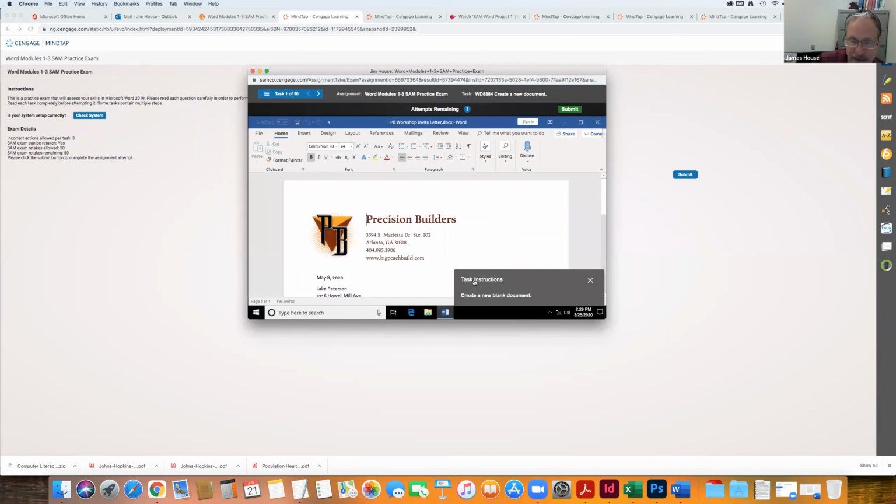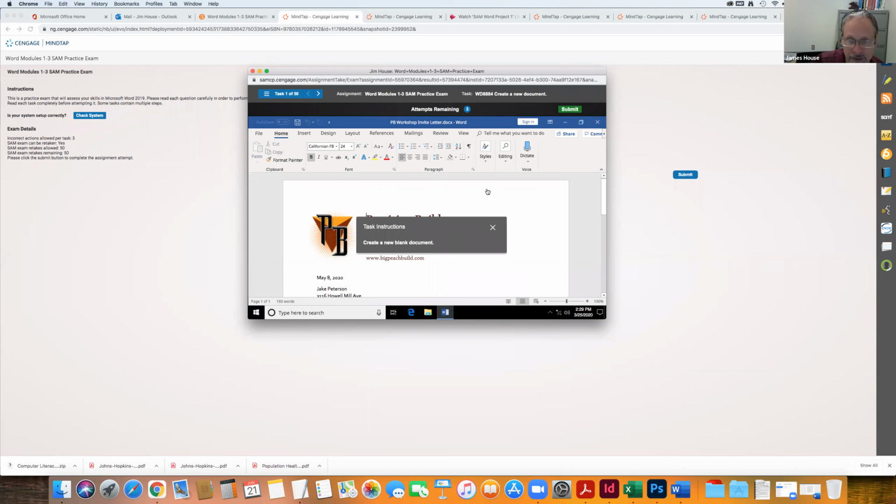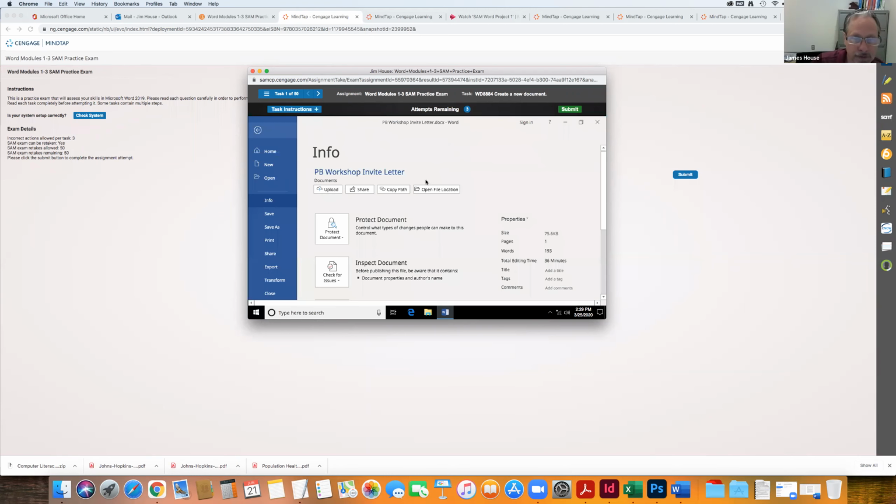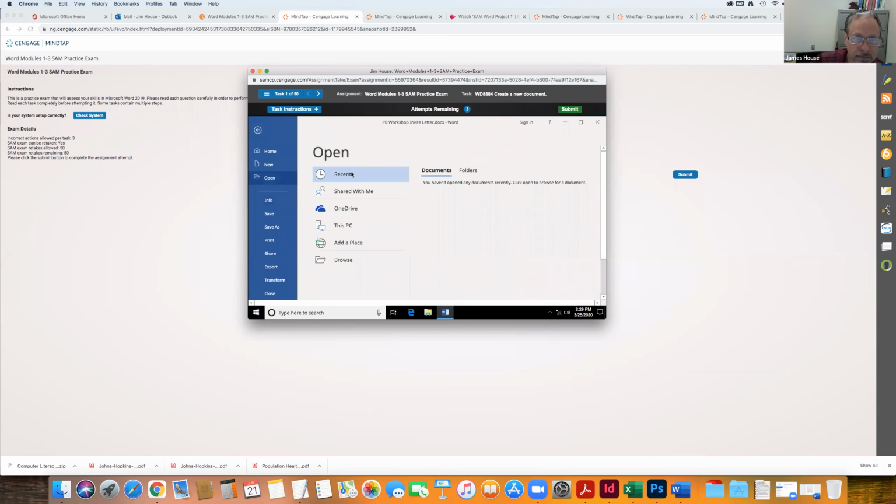So first task, create a new blank document, okay? Notice here in the actual practice that you can move this around or you can delete it. So my goal is to create a new blank document. How do I do that? So let's say I go to File, Open, Recent,